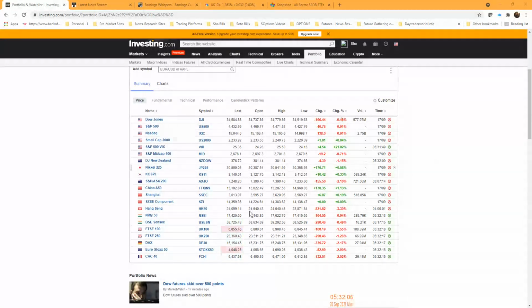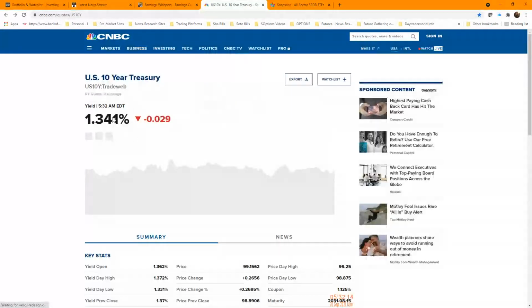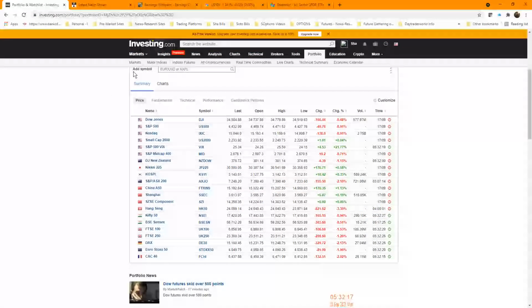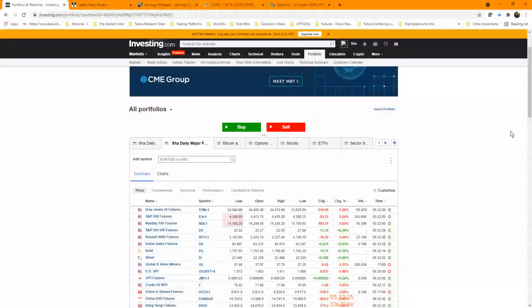And that was the index. Now, if we look here, we can see what the 10-year yield is doing. It's been grinding up all last week, just grinding. It's pulling back a little. We could look here and see the composite index for the Globex session. And look here, we could now come here and look at